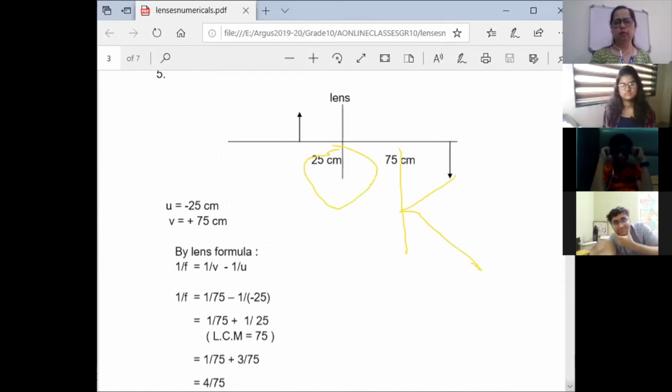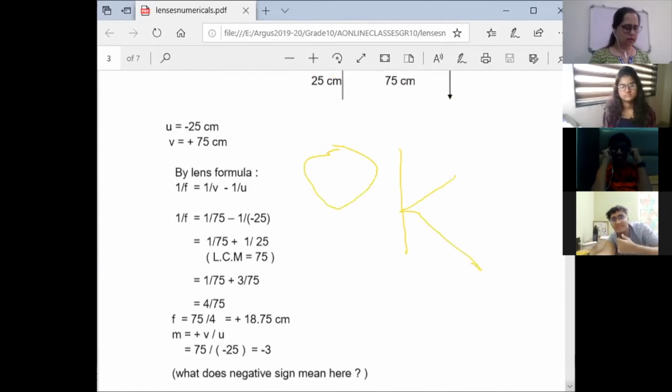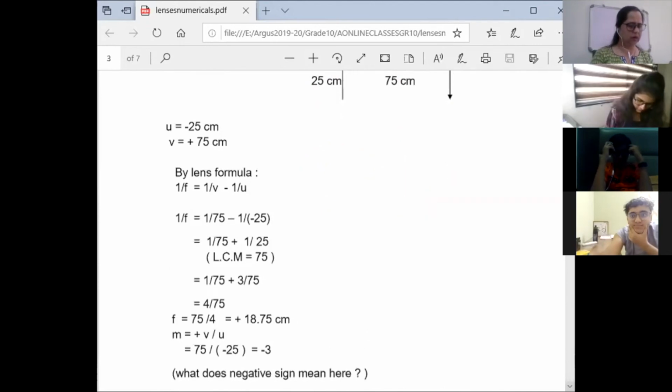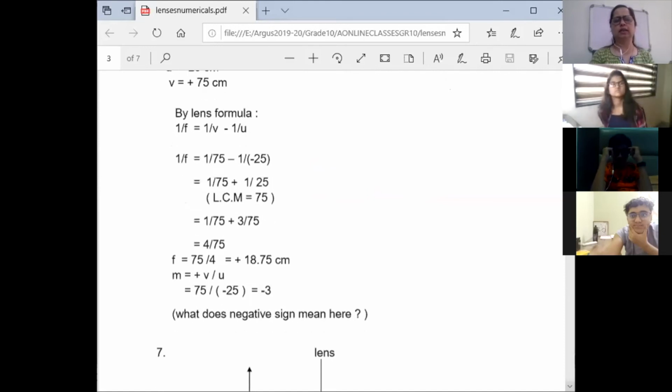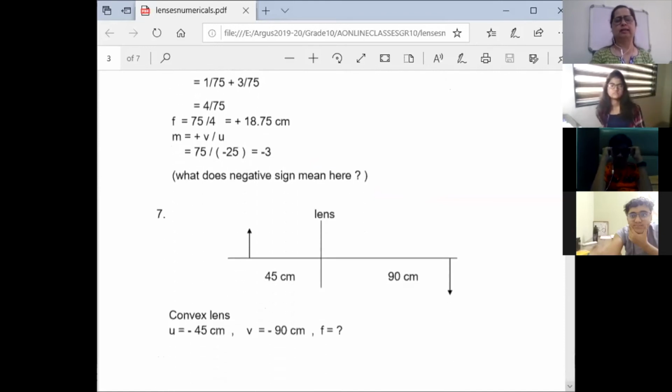Now, next. After this, the sixth one is homework. I will keep giving homework, because I cannot do all the sums. The sixth one is homework. Now, let us see the seventh one. I hope you all are following it, children. It's not difficult. You can directly relate to it.